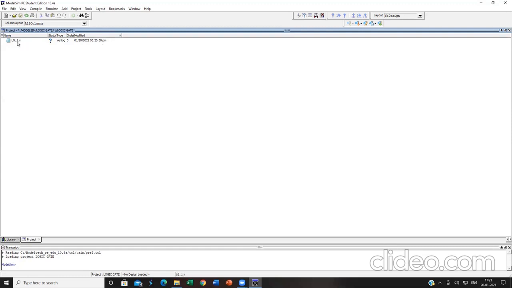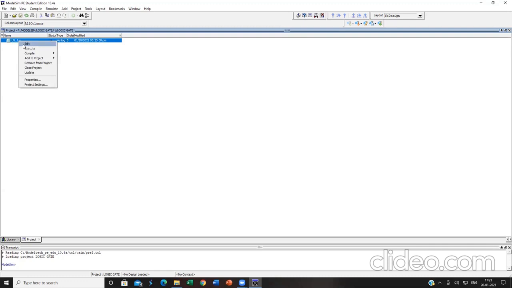Now right click this Verilog file and click on edit.